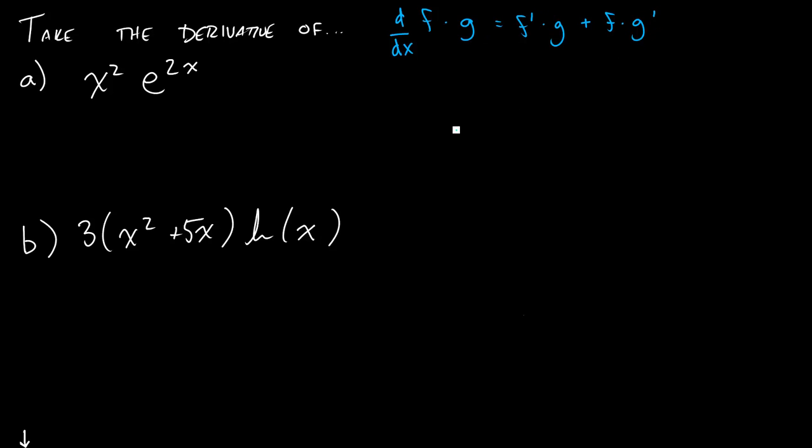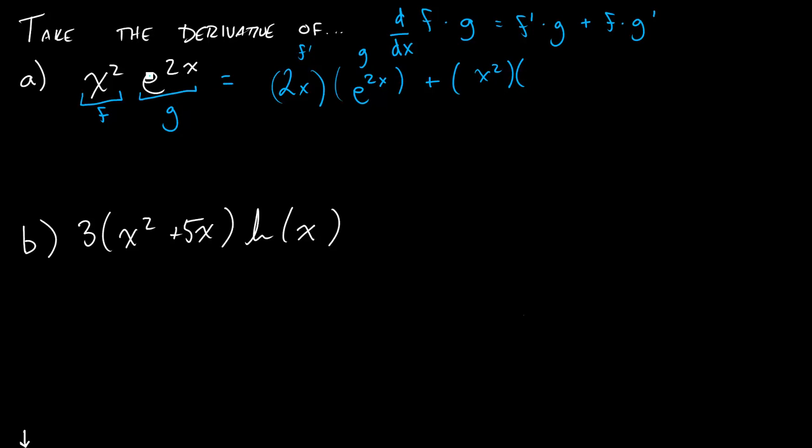With this problem, it's almost done for us, right? We have f here and we have g here. If we want to use our formula, the first thing we have to do is f prime, which is just the derivative of x squared, which is 2x. Now we multiply that by g. We leave g alone this time, so that's e to the 2x. And then we add that to f, which is just x squared,